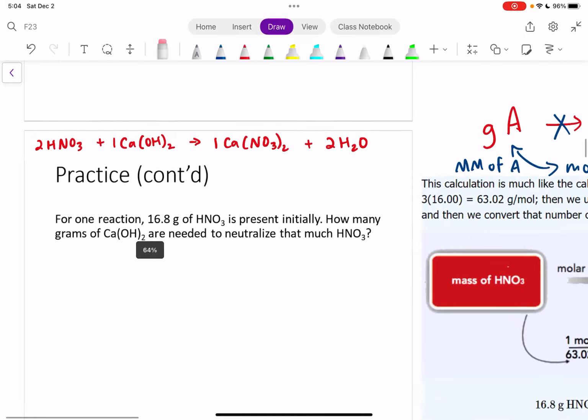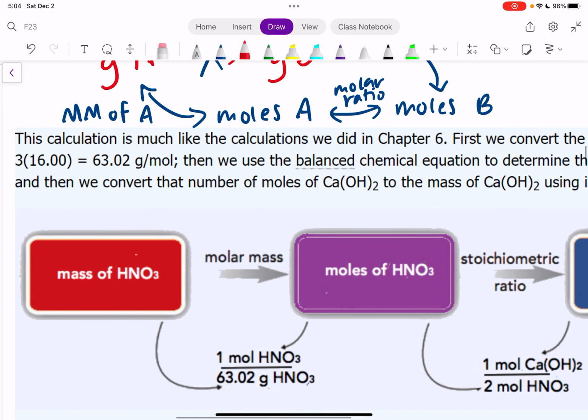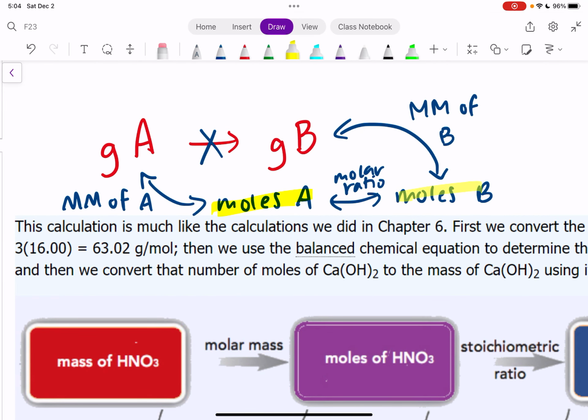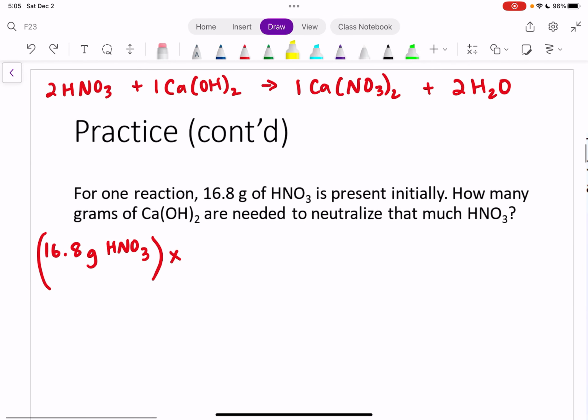So let's try this out, knowing our general strategy here. We need to go through moles. So I start with what I'm given. As always, I've got some given amount of my first reactant, which is 16.8 grams of HNO3. And now I want to get from grams of HNO3 to moles of HNO3, right? Because I want to be able to relate moles of A to moles of B. So I have to get to moles first. Okay, so how do I get to moles from grams? Molar mass. So we have to find the molar mass of HNO3, and I'm going to let you do that off screen. I've already done it, so it's 63.01 grams of